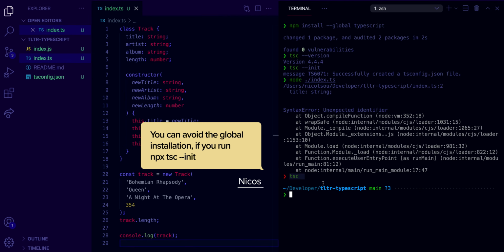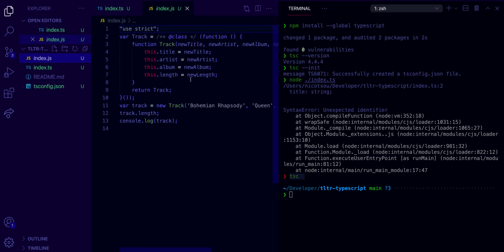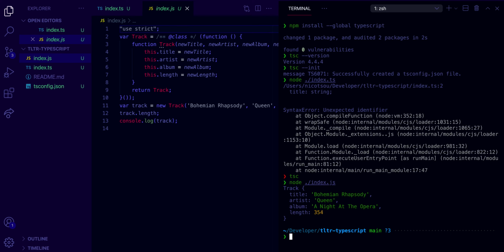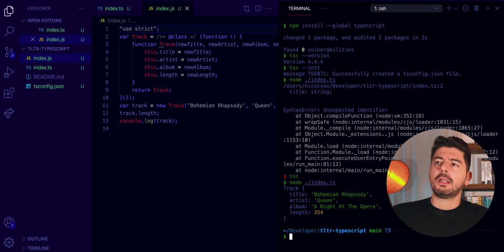Don't let my terminal fool you. This is the command that you need to run, tsc. This will generate a new index.js file. Here it is. Of course, now I can run node index.js, and here I see the result. I verify that our code runs perfectly. Let me close the terminal,